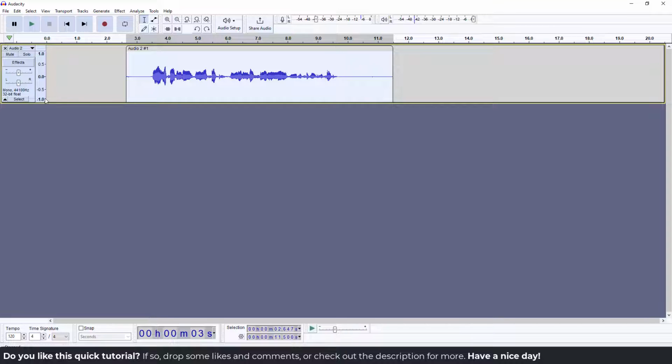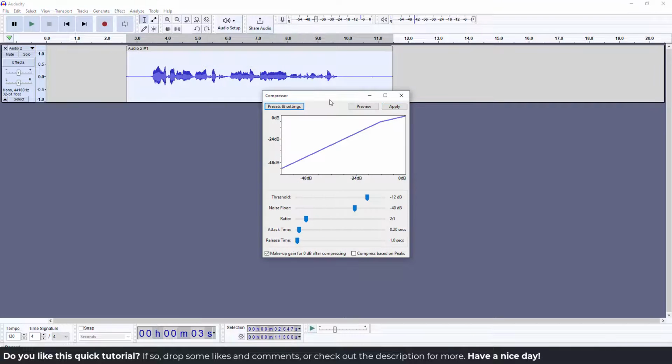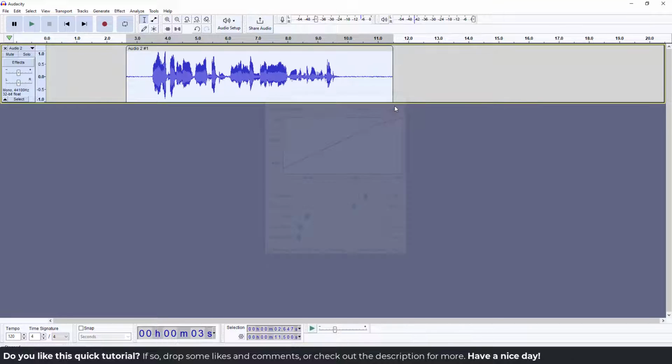Let's move on to the compressor. Go to Effect, Volume and Compression, Compressor, and you can just leave the settings as they are and make sure that "Make-up gain for 0 dB after compressing" is selected. So it will go back to your original values. Hit Apply, and you can see that your audio is now